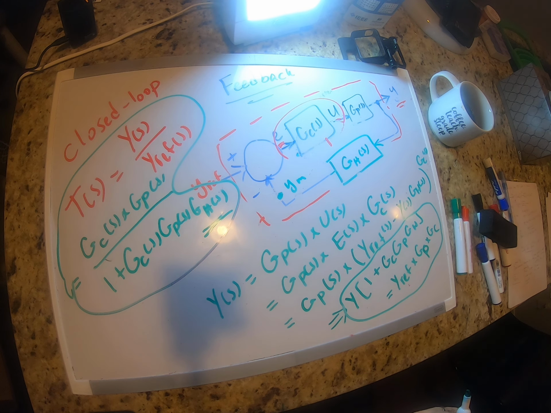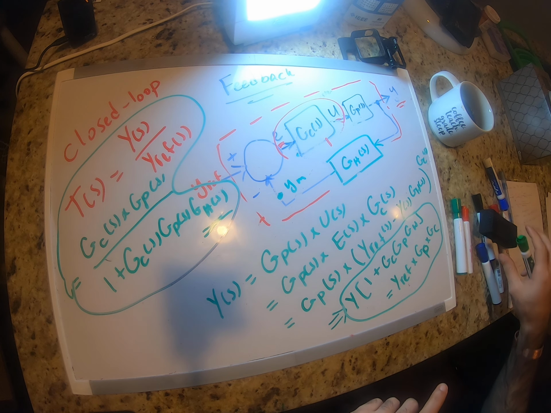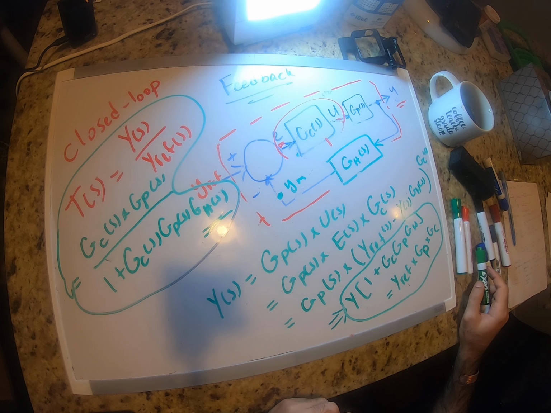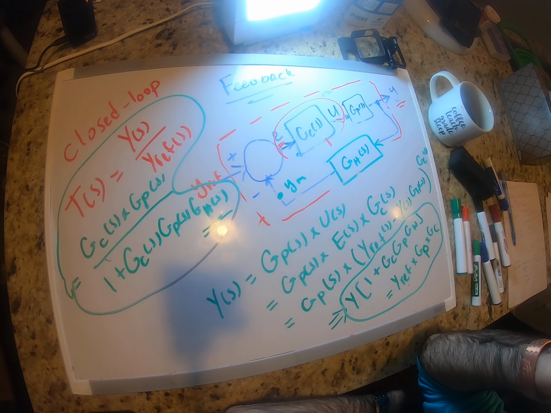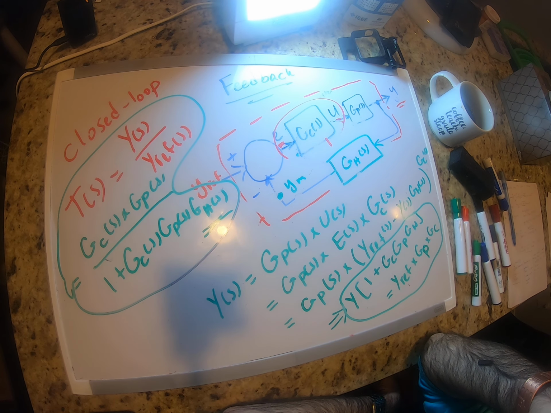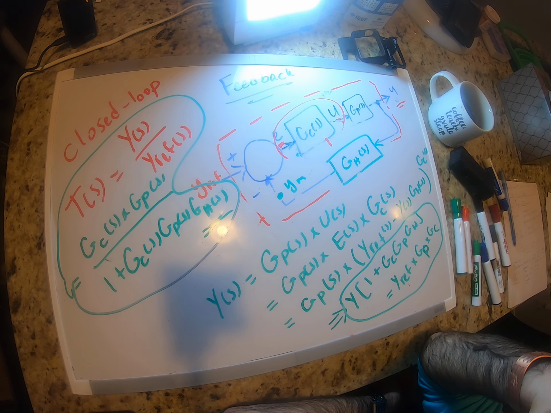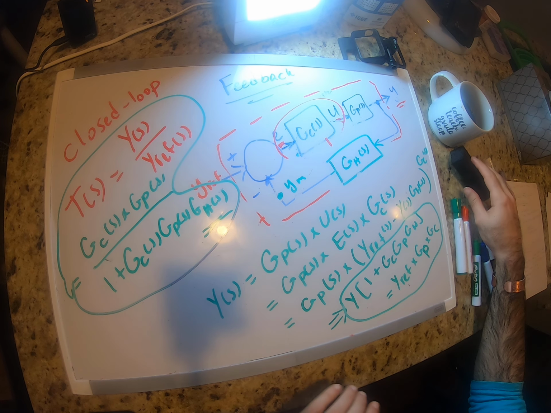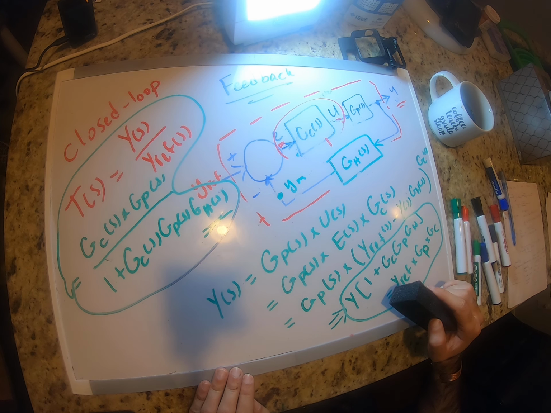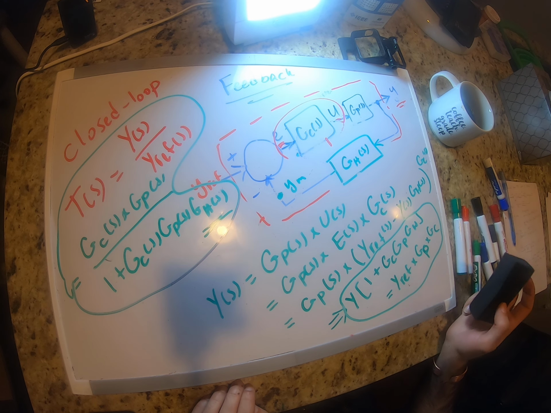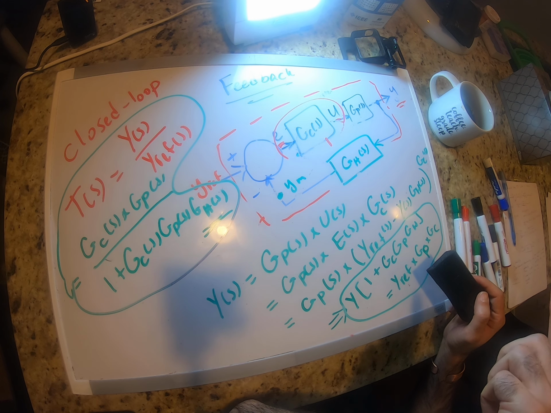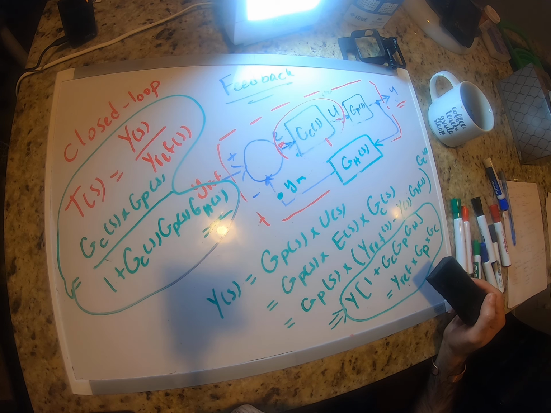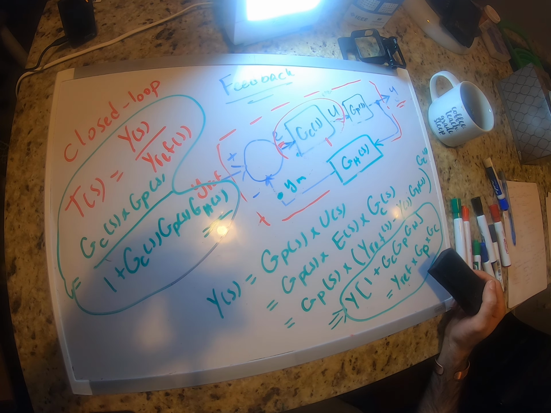So that's how we can have a closed loop system with a sensor. Okay, the next thing I want to mention is how poles and zeros of the transfer function would affect the stability of the system. Okay, so let me just take a small break and then we'll come